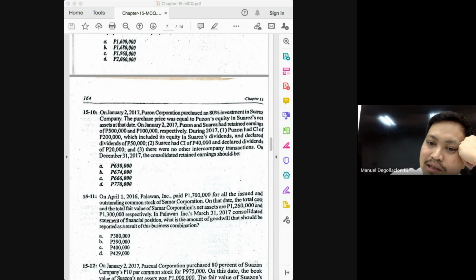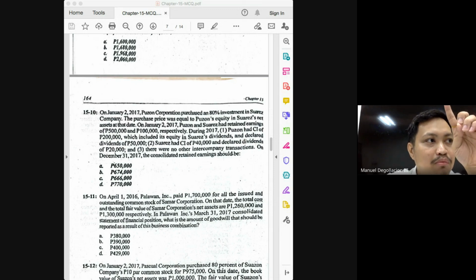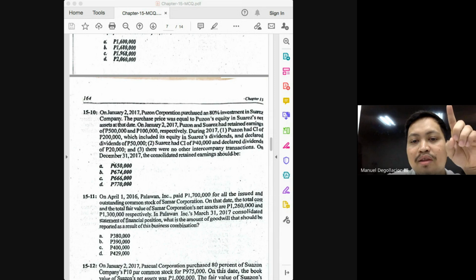Again, how much was the income of the subsidiary, class? Income of the subsidiary was 40. How much is the share of the non-controlling interest? 20%, or equivalent to 8,000. So you deduct the 8,000 from 224. So 224 minus 8 will give you 216,000. What do we call this 216,000? Income attributable to the parent, or the consolidated income under the parent approach. And is this what we need to solve for the ending RE, class?